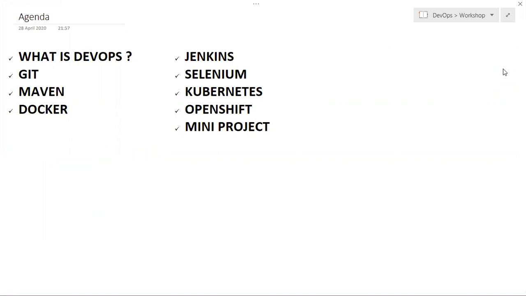We just went through them. In the part two session, we are going to learn about Jenkins, what is Selenium, what is automation testing, and what is Kubernetes and OpenShift. Then I'm going to create one mini project using Spring Boot, REST API and Spring JPA, with AngularJS on the front end. Then we are going to deploy it using a Jenkins pipeline into Kubernetes using the OpenShift tool.